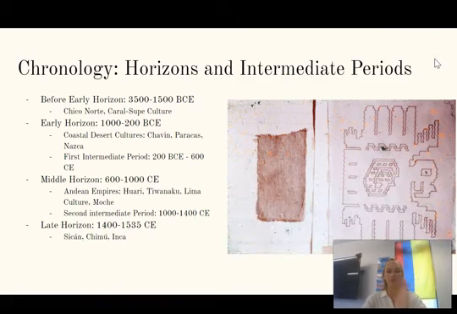So let's talk briefly about chronology. One thing that we notice with archaeology and history in different parts of the world is that in different regions, archaeologists and historians like to come up with their own ways of discussing time periods. So this is going to be a little bit different than the classic, the pre-classic, the post-classic, those terms that we use in Mesoamerican art history and archaeology. For Andean art and archaeology and history, typically scholars break things up into different horizons and intermediate periods.